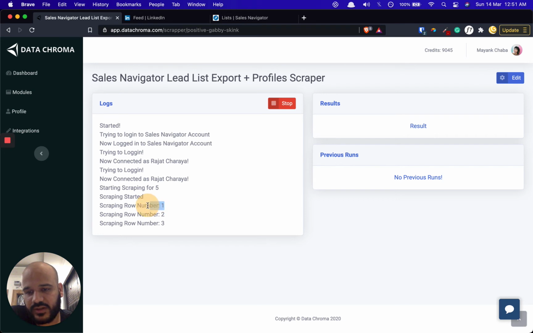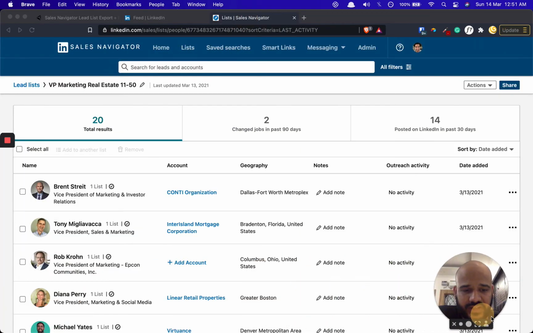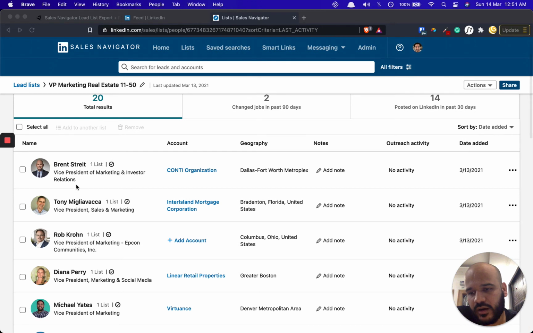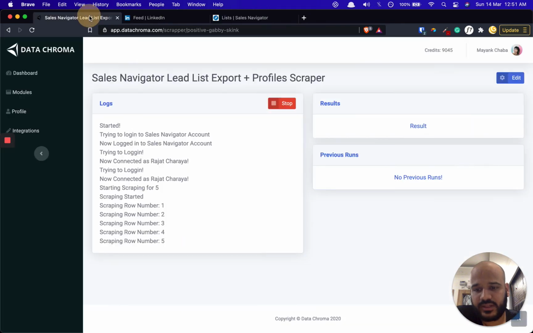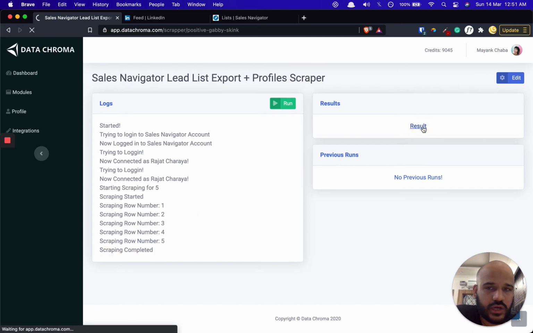So it has scraped the first profile, and by row number we mean the order in which it is picking up the profiles from here. So we expect the result file to contain information about these 5 people, and let's see once the module has completed the scraping process, and it has completed it now. So let's click on result to download the result file,